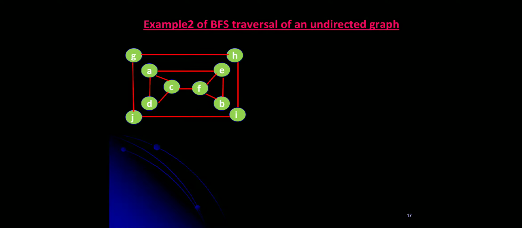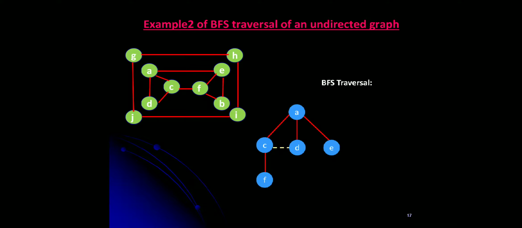Coming to the second example, so this is actually two connected components you are finding in this graph. First vertex we are considering is vertex A. From A, which are all the adjacent vertices that are visited? It is C, E, D. You can see from vertex A, C, D and E are visited. And we'll start with vertex C. Adjacent vertices from vertex C is checked. It is D, which is already visited, so we'll write a cross edge, and then C to F will write.